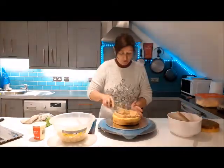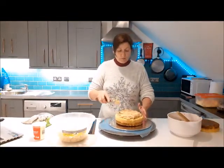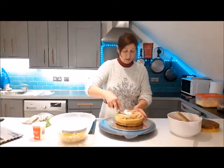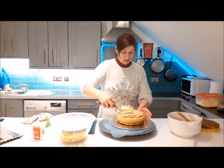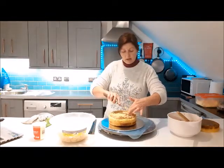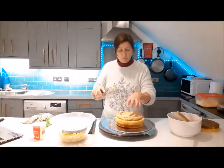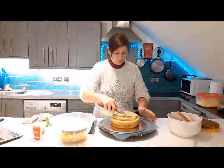And this is one of the reasons why I make sure that my cakes are really chilled. If I was doing a vanilla cake, I would use my palette knife and make a kind of middle well, so there's a barrier there all the way around, and I would put jam in there. But as I'm just doing a straightforward coffee cake,